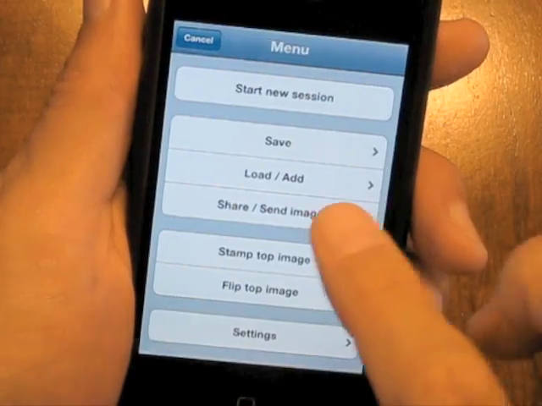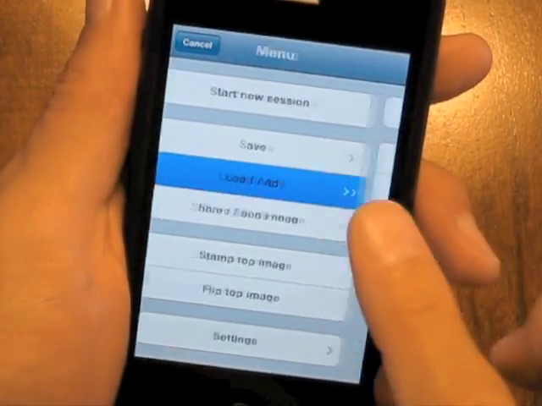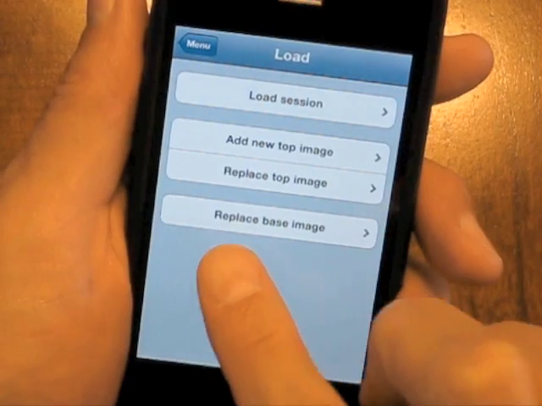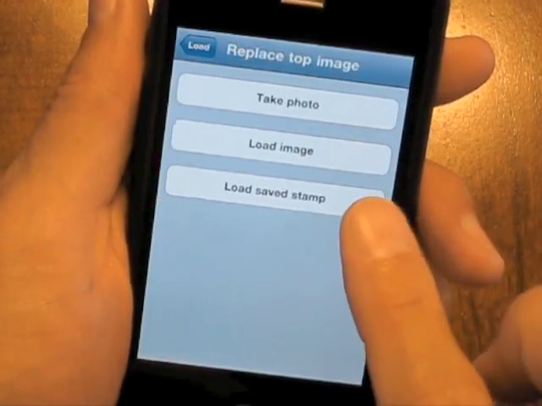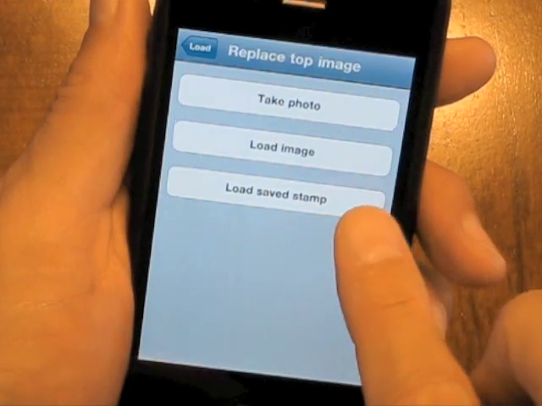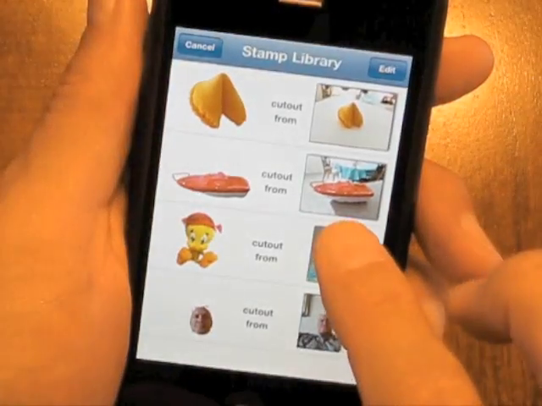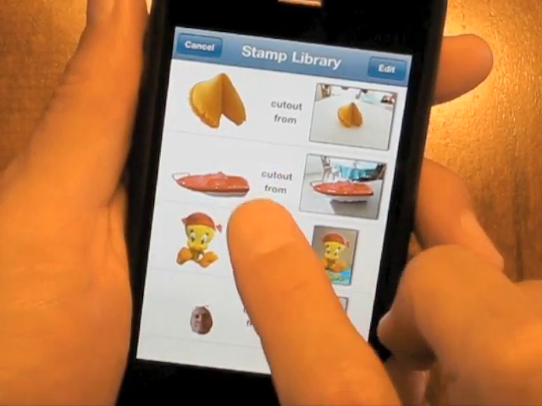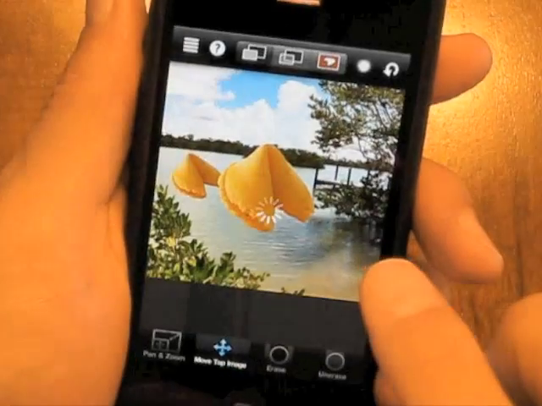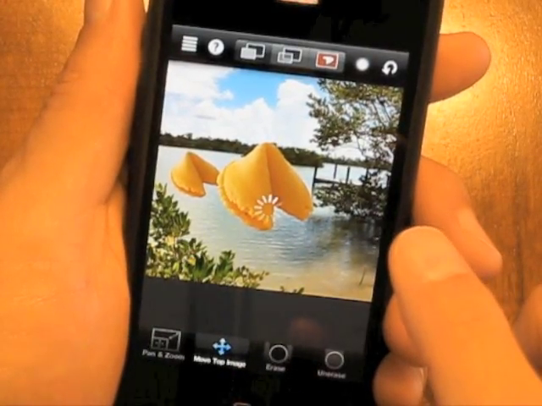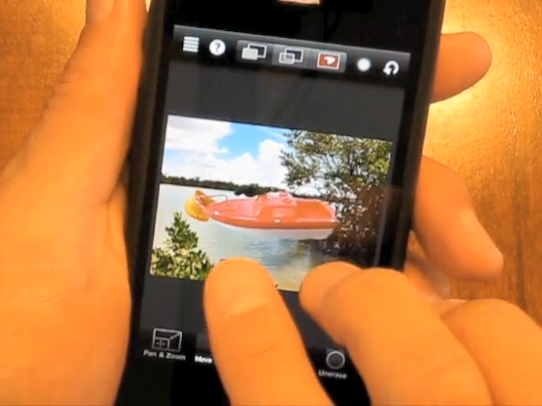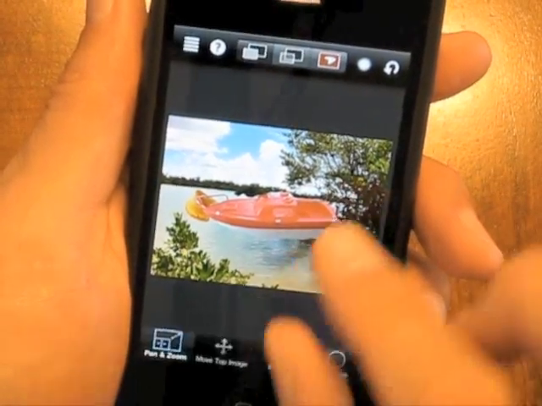And we're going to load and add, and we're going to replace the top image with a load a save stamp. So I'm not going to save that, and I'm going to replace it with a boat. Because what else would you use in water but a boat? Okay, now there's my boat,